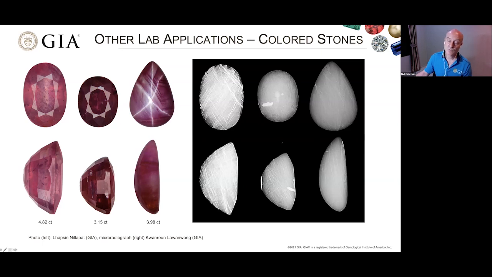And again, most of the time in the lab, we don't need to test this because it's easy to spot, again with flash effects and bubbles, etc. So it's not something we see too often, but it can be used, as you can see here, to get an idea or gauge the degree of fracture filling. And sometimes that's helpful. We will sometimes get a visit from the colored stone department to check how much fracture filling is showing in a particular stone.